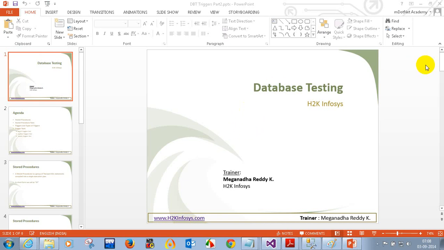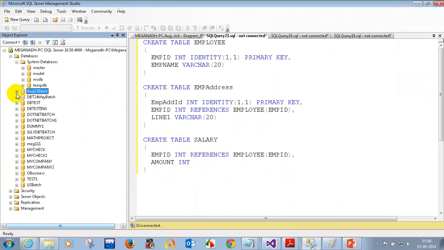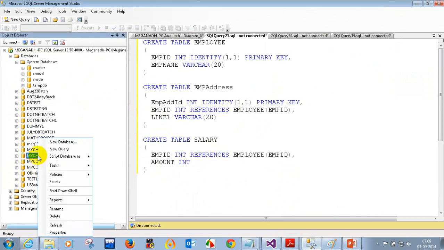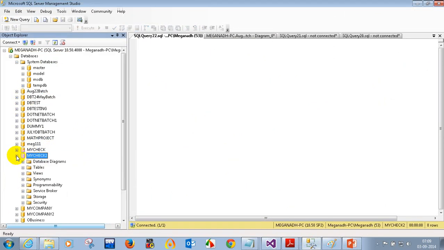Okay, so now let me open SQL Server Management Studio, and the database which we are using, let me use any database. That's okay. So I'm going to use mycheck. So new query, mycheck2 database I'm going to use, and inside this, if you see tables, we don't have any